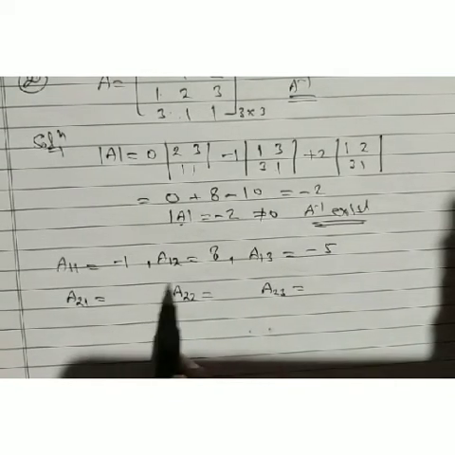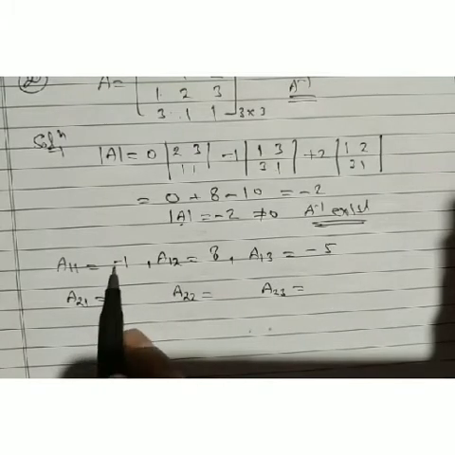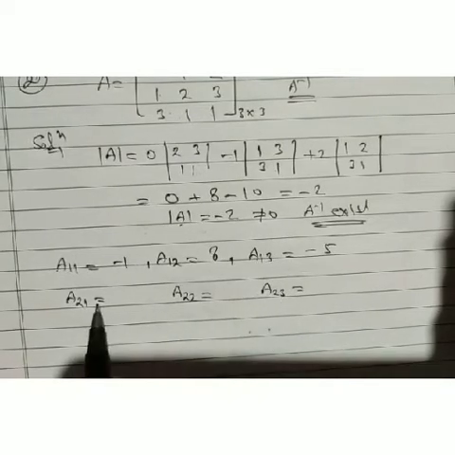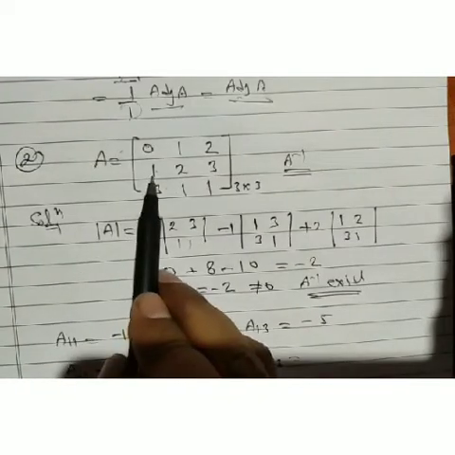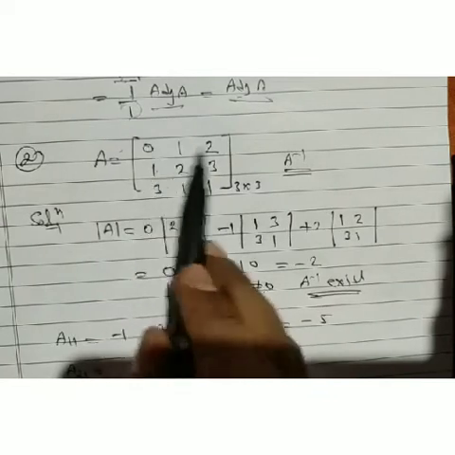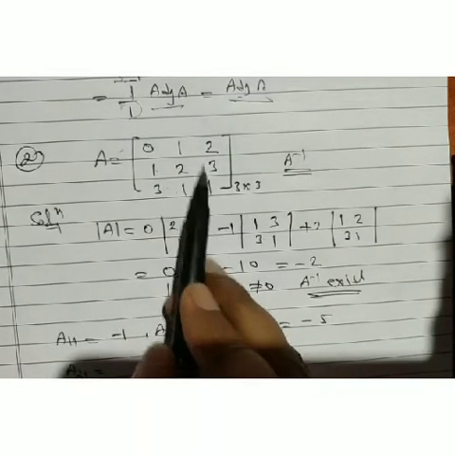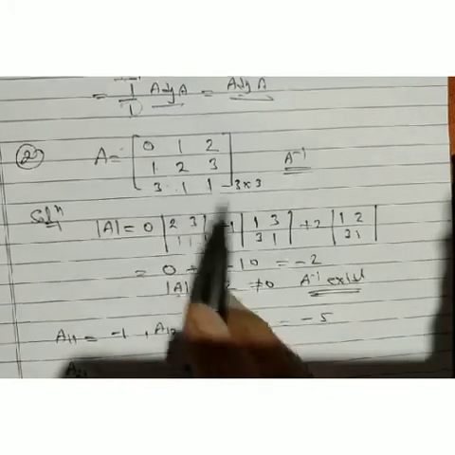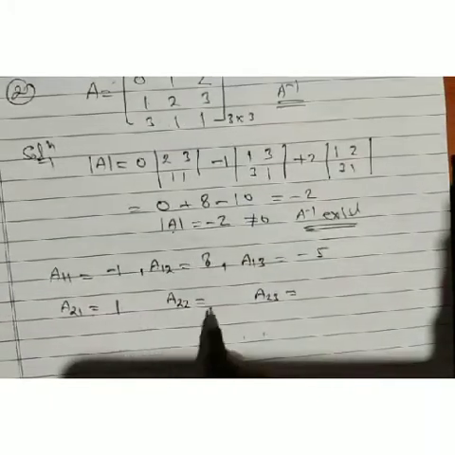We have to remember, we have to change the sign, because it's positive, negative, positive. We have to change sign, minus, plus, minus. We have to change sign here and here. Now to A21, cofactor of this 1, deleting this row and column, we have 1 2 and 1 1, 1 into 1 1, 1 and minus 2. We have minus 1, but we have to change sign, then it's a 1.